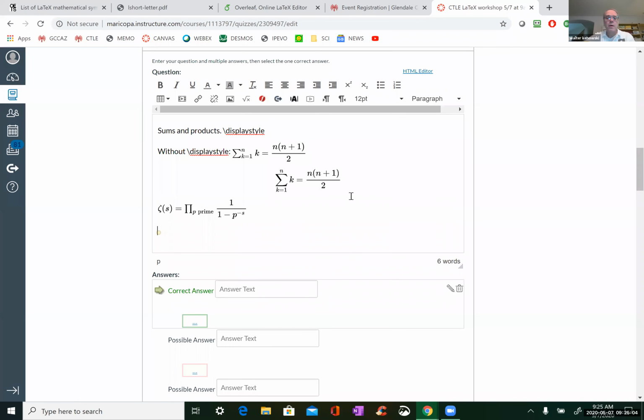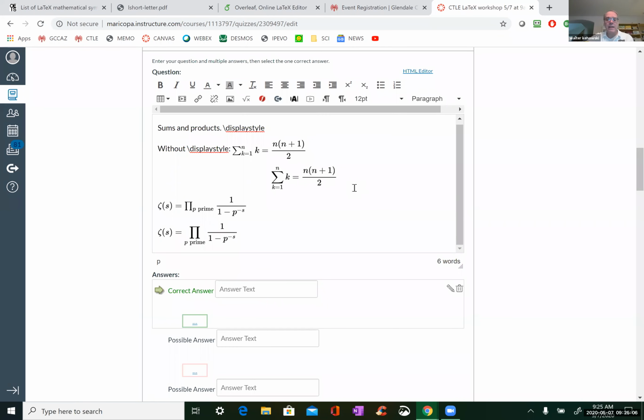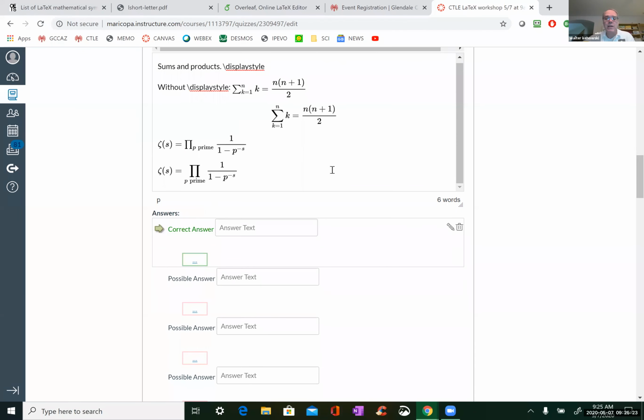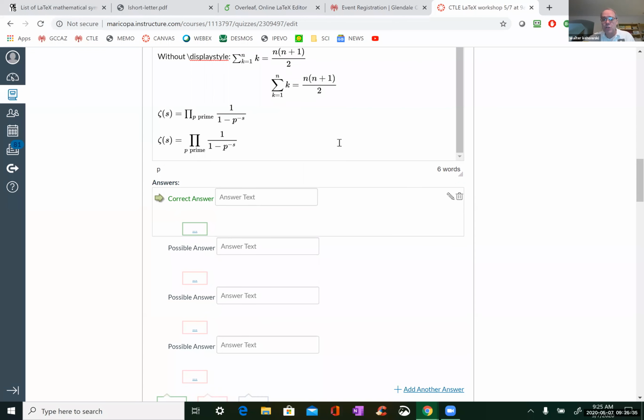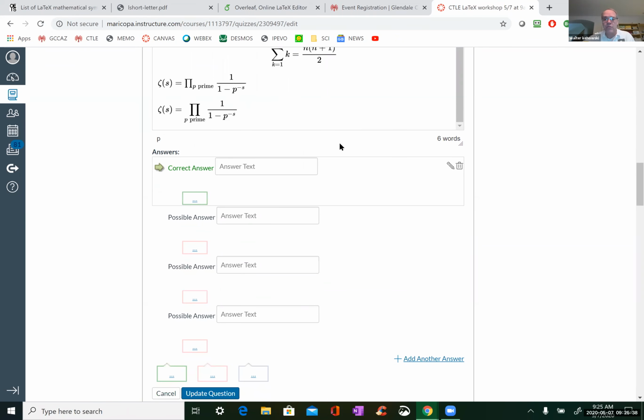But now you see that the subscript on the product symbol is now much larger, and it's put on the bottom. So that's the difference that display style makes. It makes a very significant difference, and this is probably what you usually want. This is what you might get if you're not careful. So display style is very useful in doing that. It's also important when we do integrals. Same thing with integrals.